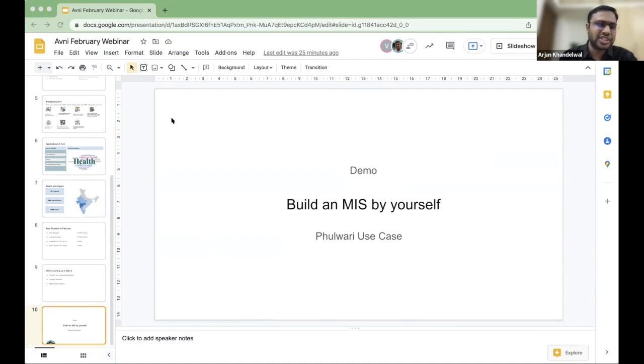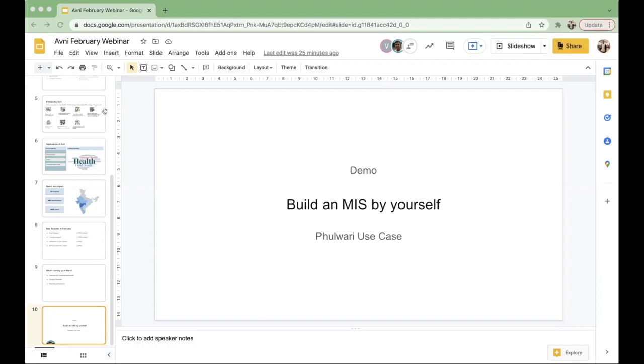Every Fulwari will have some date on which the visit is done. So that date will be captured in the enrollment program. And then as part of the Fulwari enrollment, for every child there would be an anthropometry assessment form that will be recorded. And the form would look like this. There would be a first question where we ask